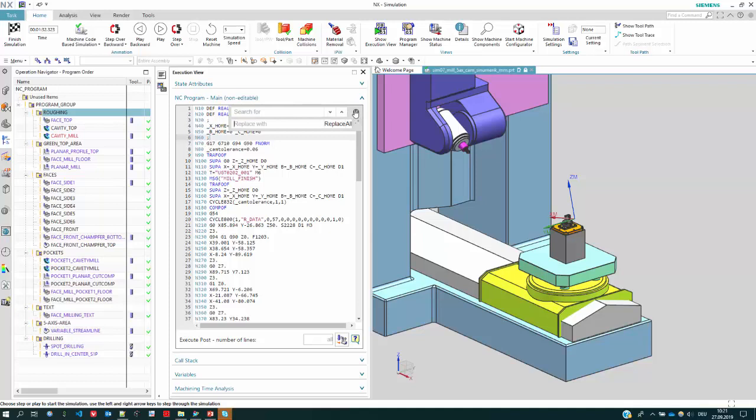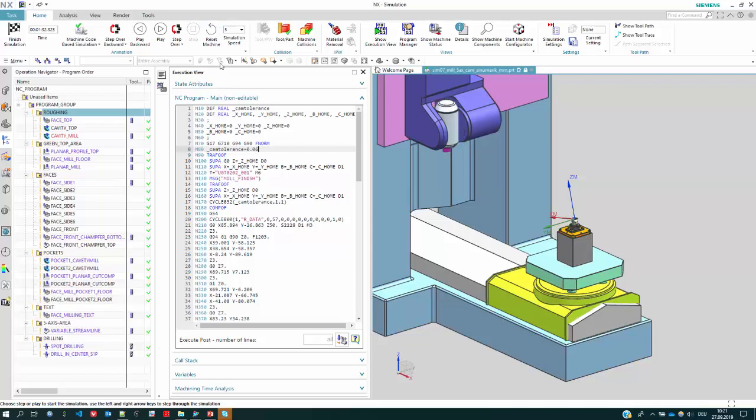In the background is a built-in ACE editor, so you have the full capability of this ACE editor, and this is one hotkey you can use. Also Control C, Control V, and Control X, all the common shortcuts are working in this editor field. And for sure, you can also edit something here,